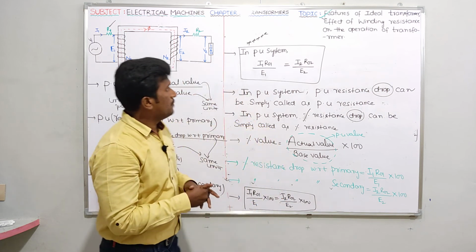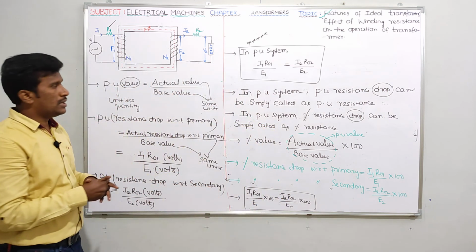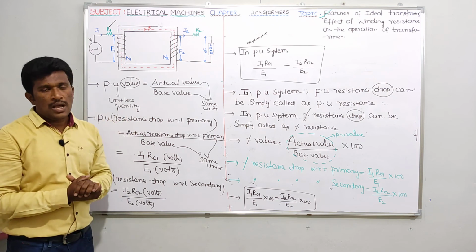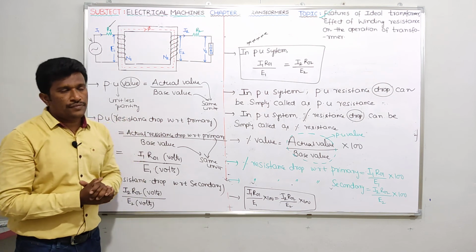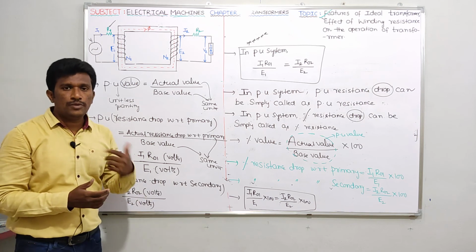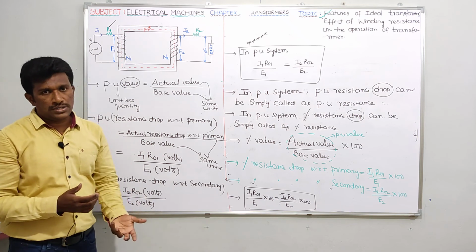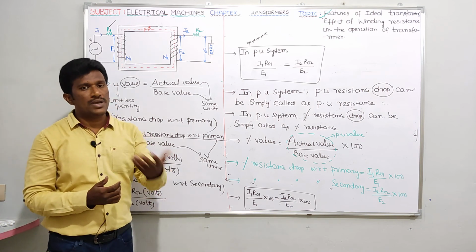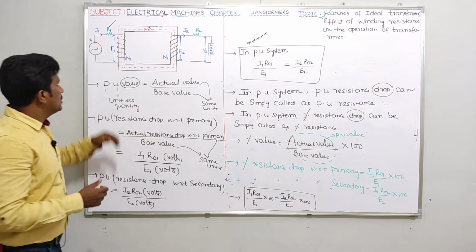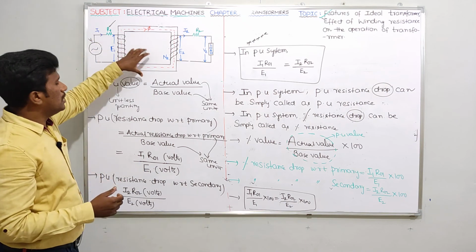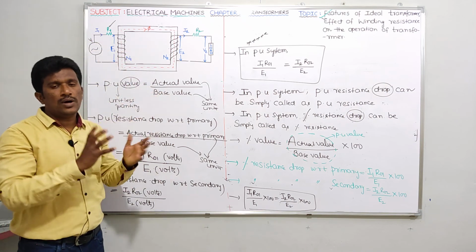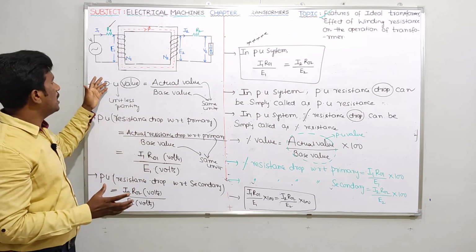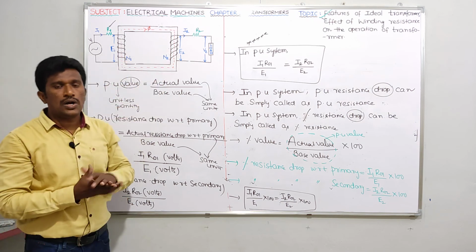Okay. And if you see, guys, the effect of winding resistance on the operation of the transformer: if resistance is not there, we have IR drop equal to 0, I square R loss also equal to 0. If resistance is there, IR drop will come into picture, I square R losses will come into picture. I square R loss means copper losses, or one more name is ohmic losses. Suppose without referring, if I ask you what is the total full load copper loss, I can write I1 square R1 plus I2 square R2.